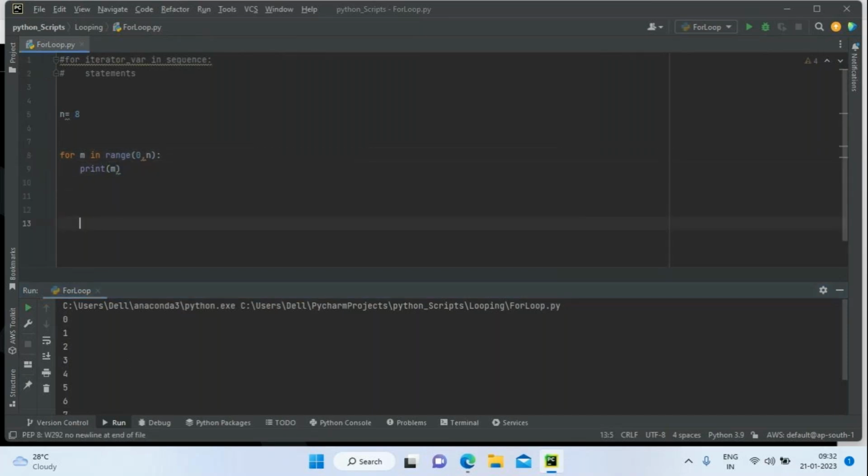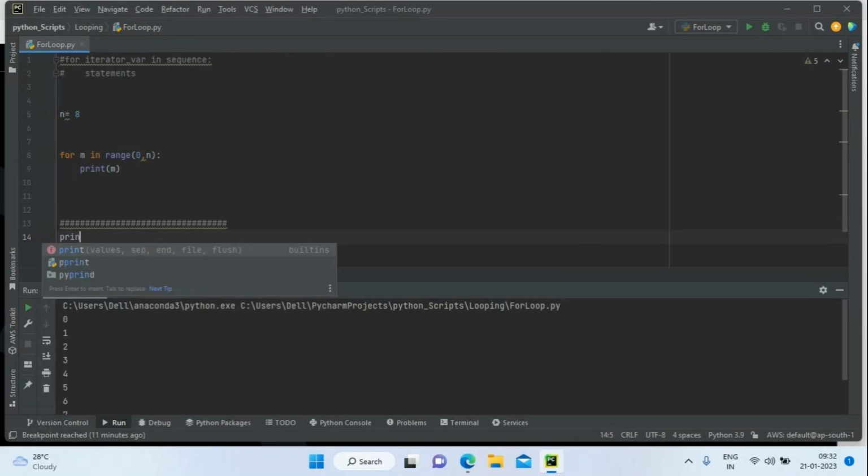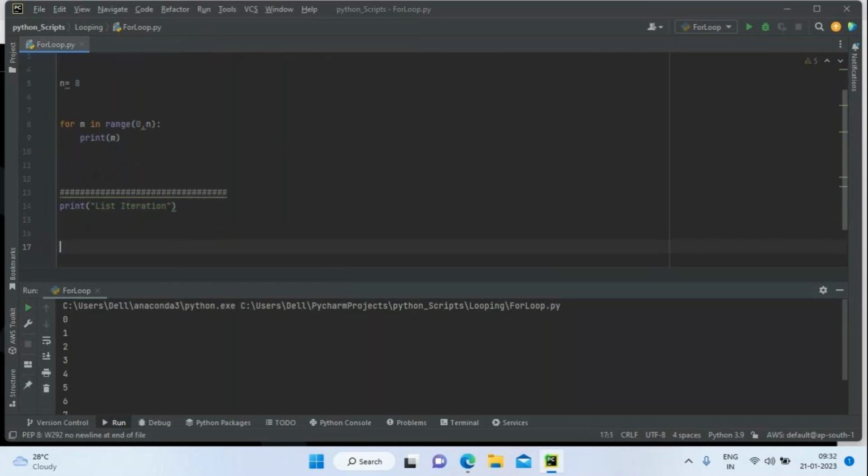What I am going to do now is take a list, and make a heading as list iteration, and then make one list, list underscore 1 equal to list. What bracket do you have to use? You have to use the square brackets, and then